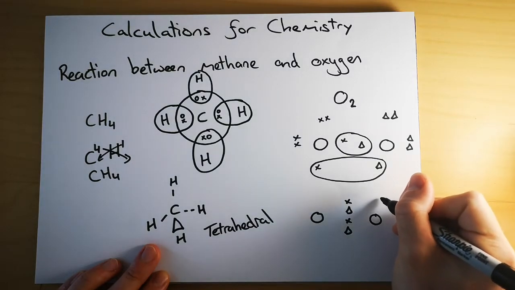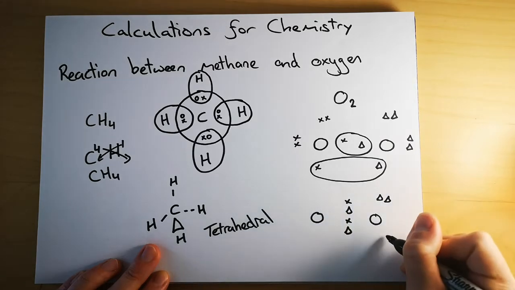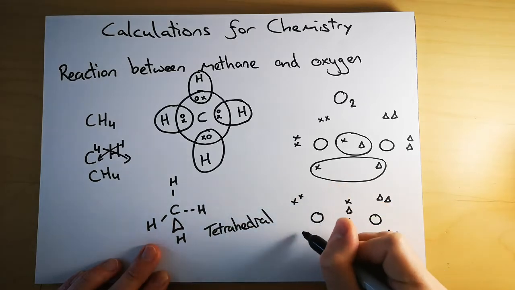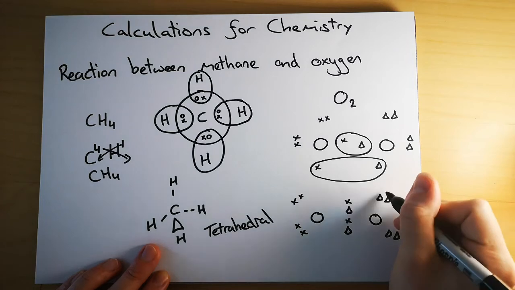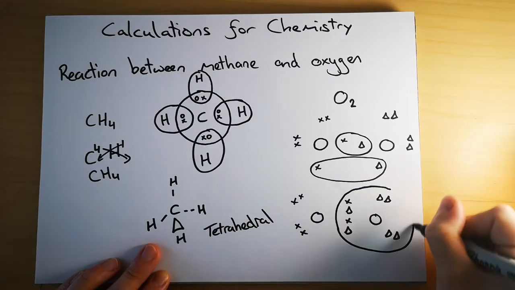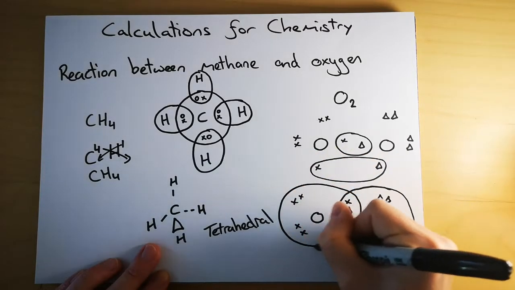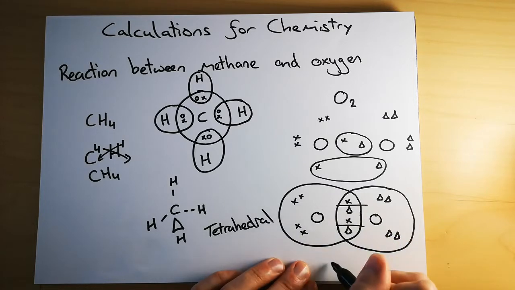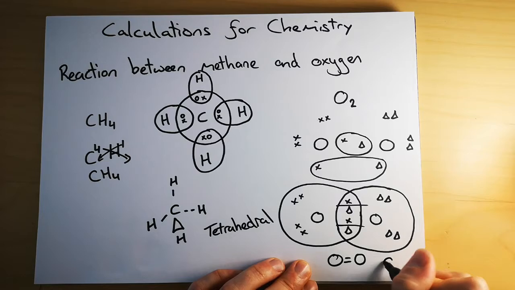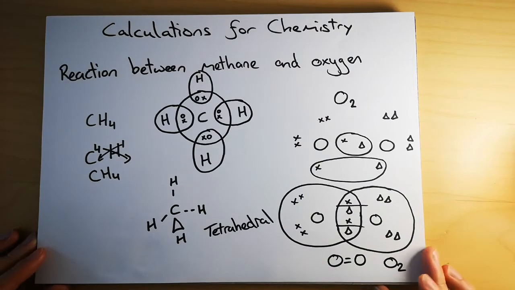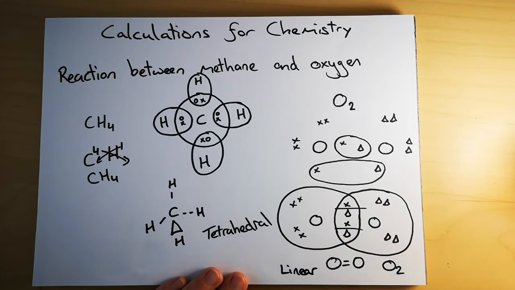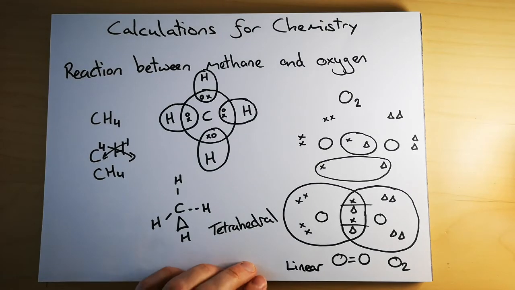and I'm going to have my other electrons at the back here. Admittedly, these ones are a little bit harder to draw as dot and cross diagrams, but I haven't seen them actually come up very often, to be quite honest. And that's showing us a double bond there, and that could be drawn like that if you wanted to, and that gives us our O2. So that molecule there would be linear,